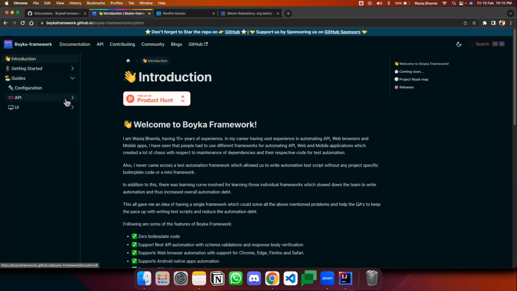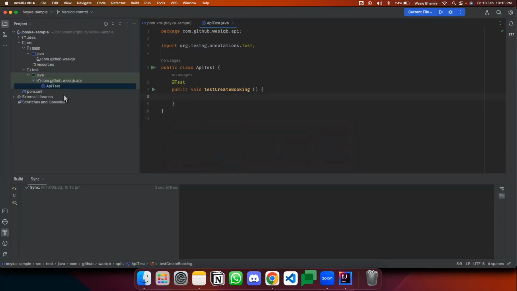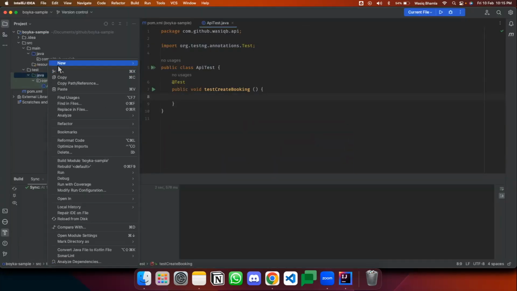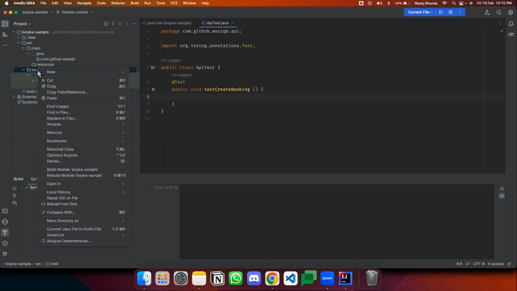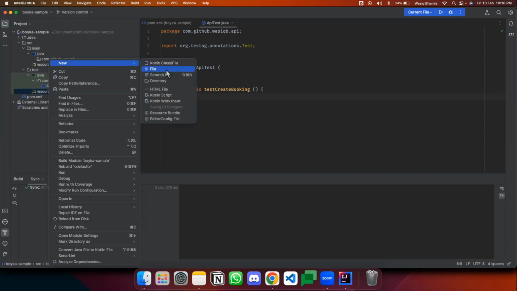So we'll go with this. Go into the API. The first thing we need to do is create a configuration. So first we need to create boyka-config.json. We'll copy this name. Now you might be thinking why we are copying the name. We are copying this name because we need to have the name as it is provided. So we'll create the resources folder. By default, Boyka framework will look into the src test resources folder, and it should be having the name as